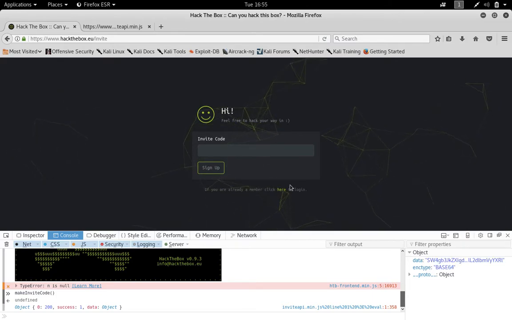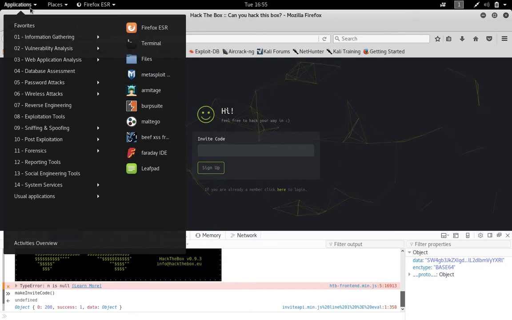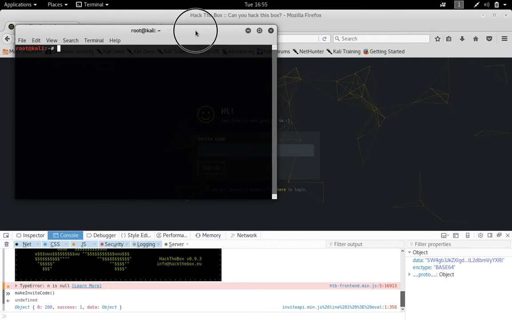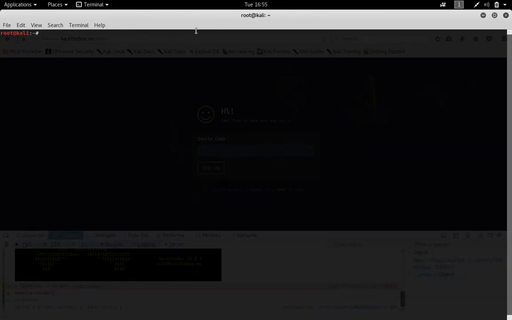I just have copied it. Since I have got the details that this string has been encoded with base64, I'll be using one of the utilities of Kali Linux with the same name, base64, to decode the same value.